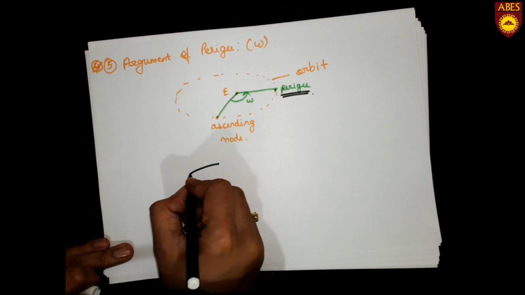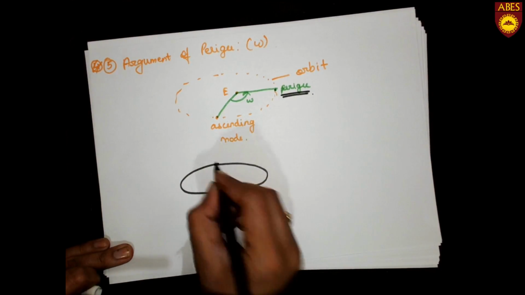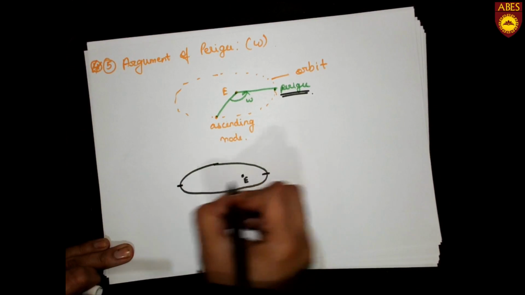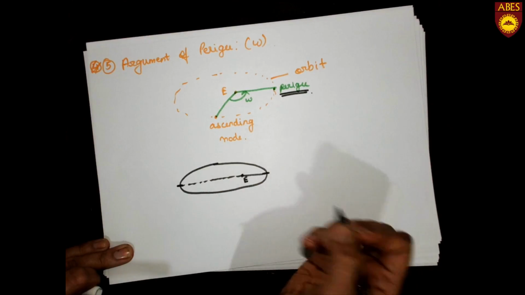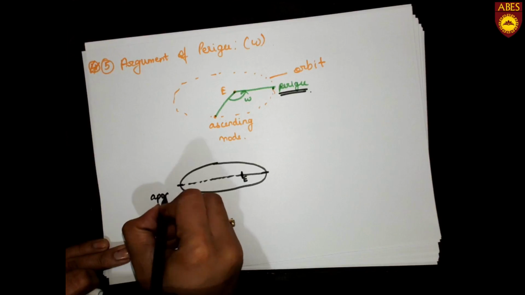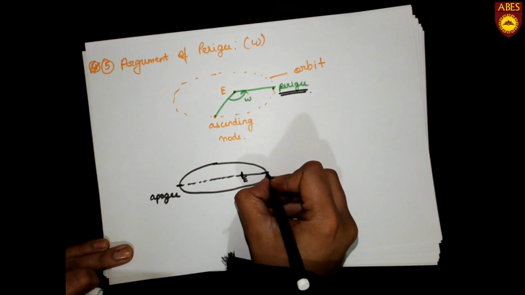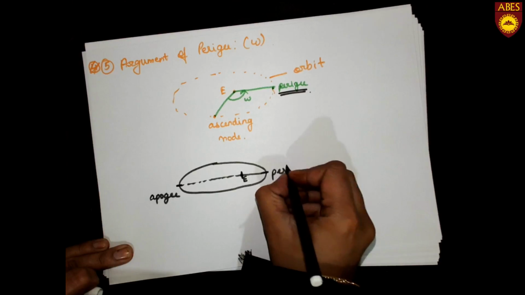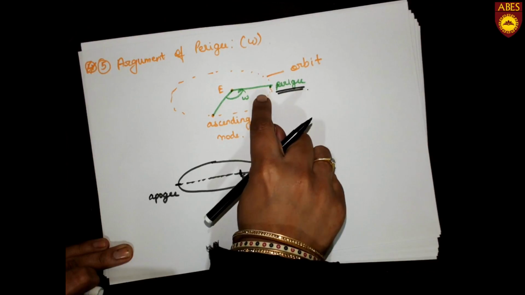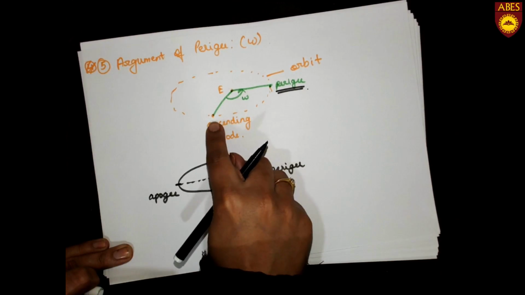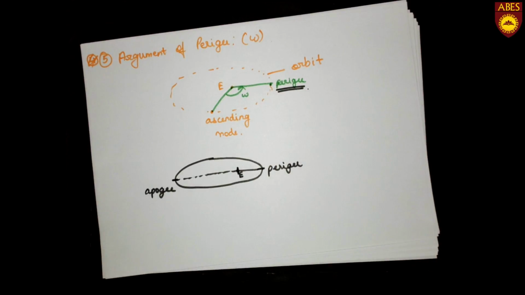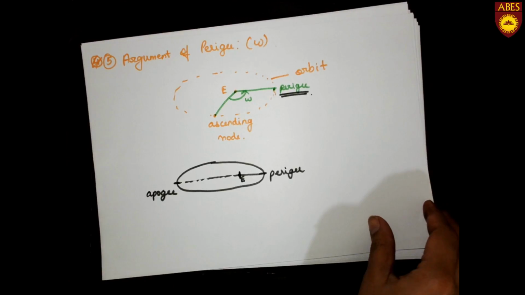Like for understanding this concept, we can say that this is the orbit of the Earth. Here the Earth lies. There are 2 points joining the axis like this. So the point which is away from the Earth is said to be apogee, and the point which is nearer to the Earth is called perigee. So now this is that reference line which is used here, and the vector line that is joining the center of Earth and the ascending node, and there is the angle between these 2 vectors. This is the argument of perigee, and it also defines the position of satellite.